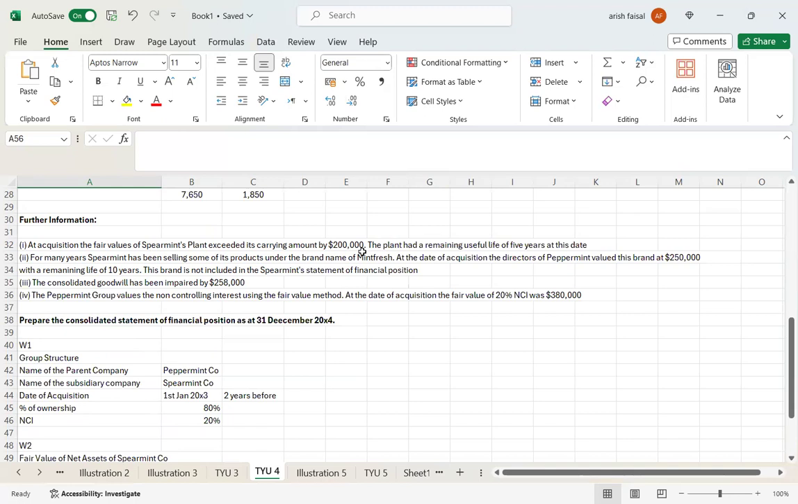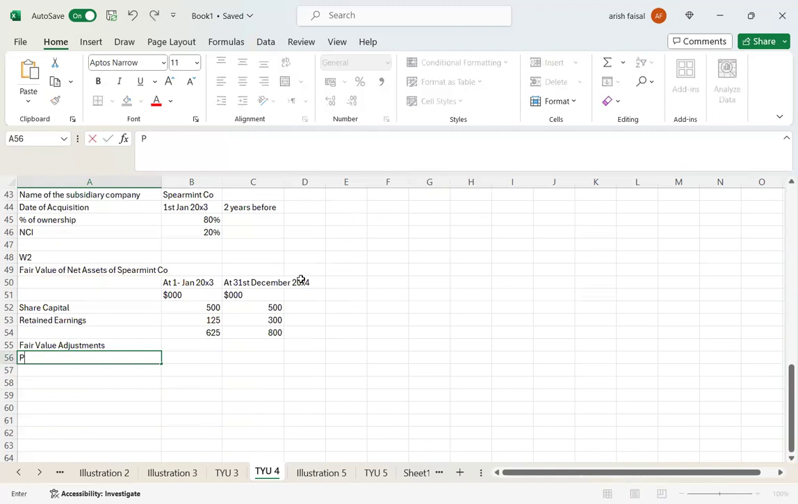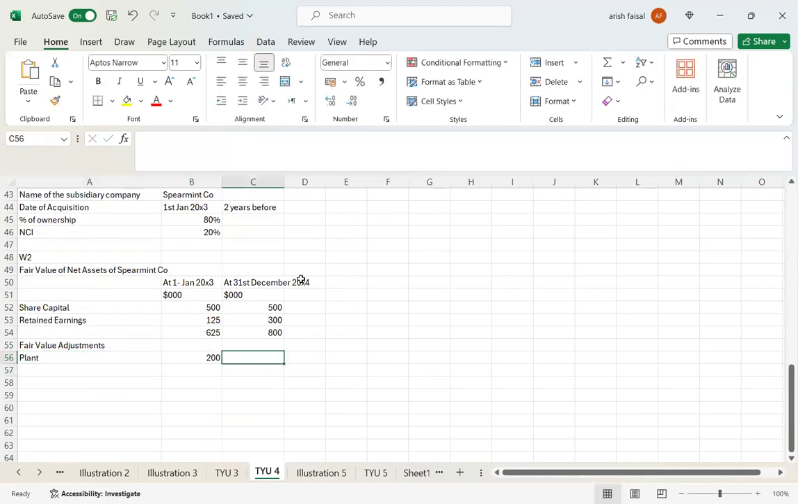On the other hand, it could be that the fair value has gone down. So in that case, you have to reduce the value of the net assets. So be very careful in the question whether it is exceeding or going down. Okay. So in this case, it's exceeding. So we have to increase our net assets by 200,000. So we'll write down over here plant, and we have to increase it by 200,000. So the net asset value will increase. So if it's increasing at the acquisition date, definitely it will also be reflected at the reporting date,